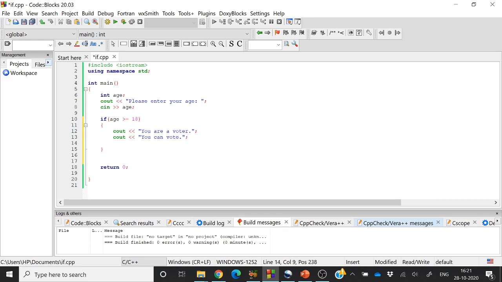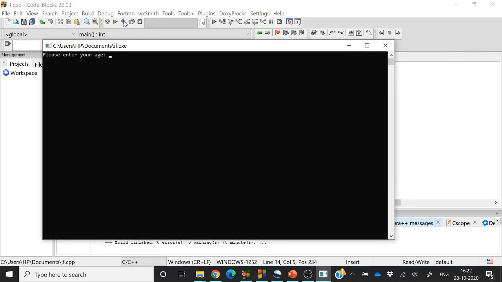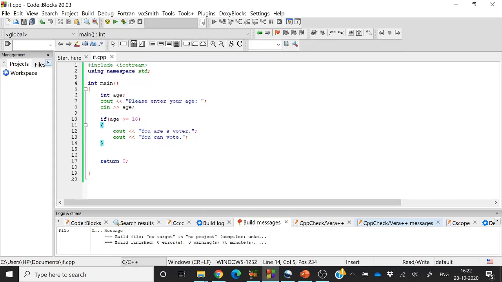So whenever you want to print more than one statement, you have to put those statements inside a block. You are a voter, you can vote. Let's put \n for a clearer output.